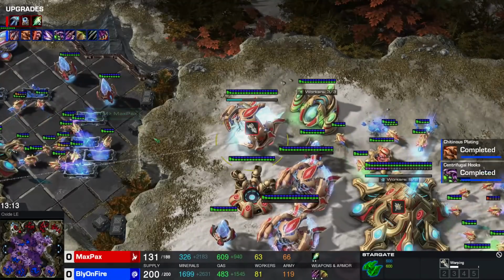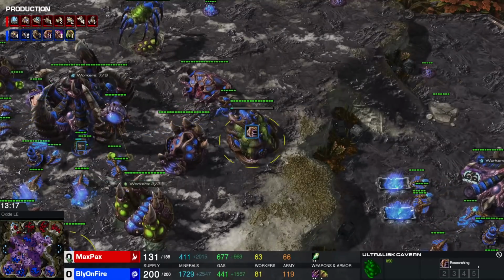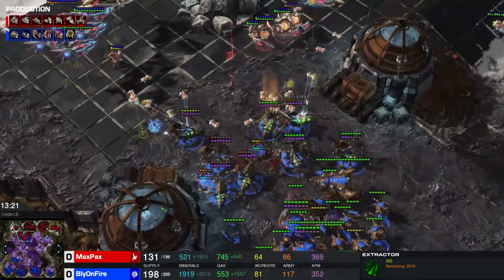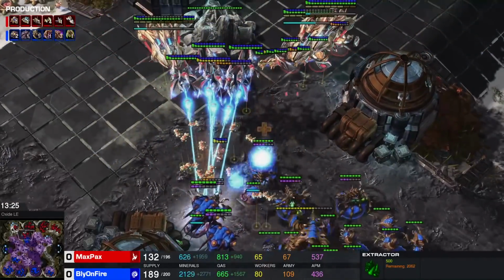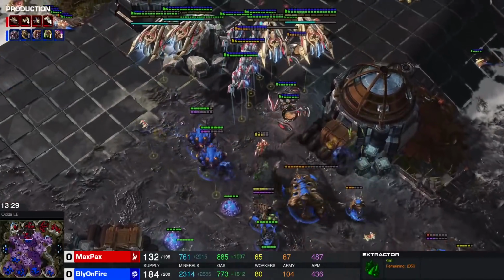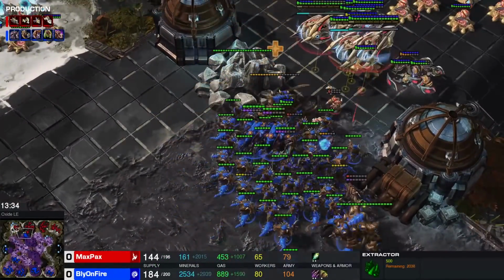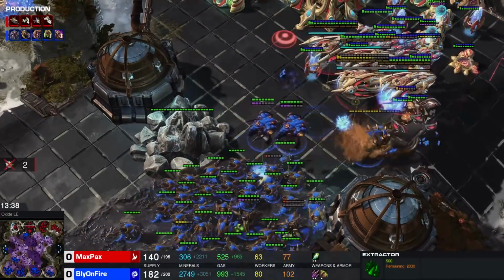What's the upgrades right now for MaxPax gates? +2 on air. Meanwhile, we have insane upgrades going down for Bly, so on 10 gas at this point. We can definitely afford those upgrades. Couple of transfuses perhaps Bly. Yep, there we go. Queens will be able to stay alive for a little bit longer. Hydralisk trying to take out as many interceptors as they can, but as long as these disruptors stay alive and they get a second round of shots, it might be possible for MaxPax to at least temporarily...